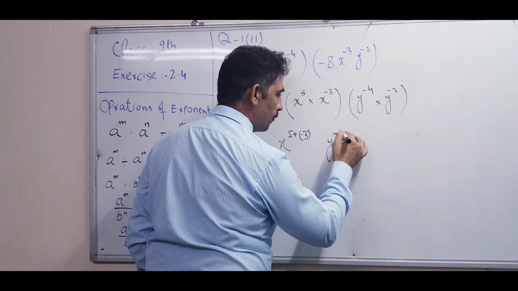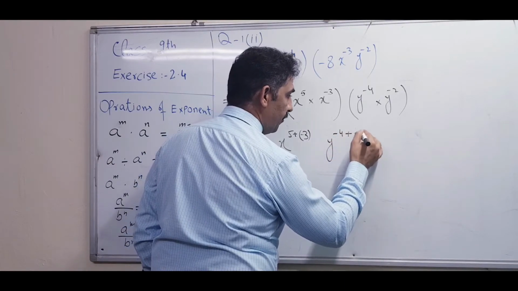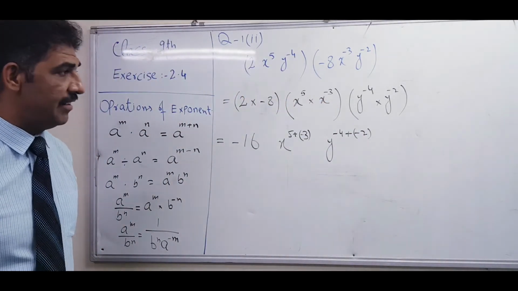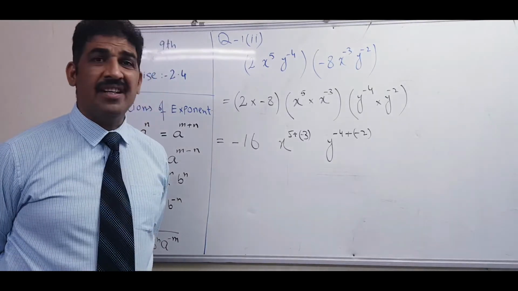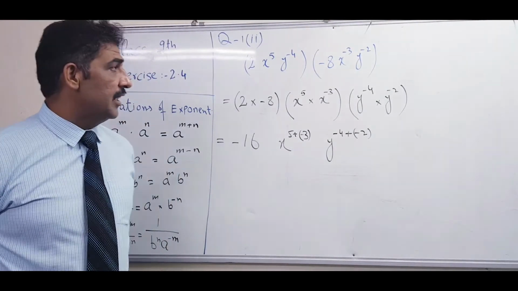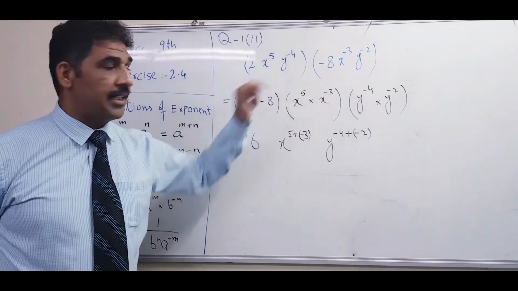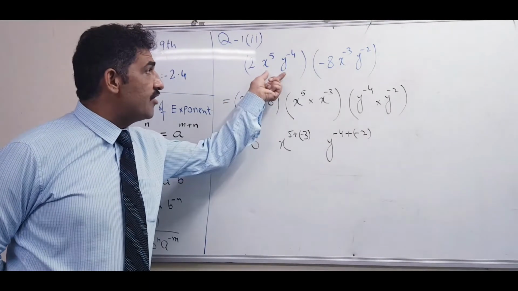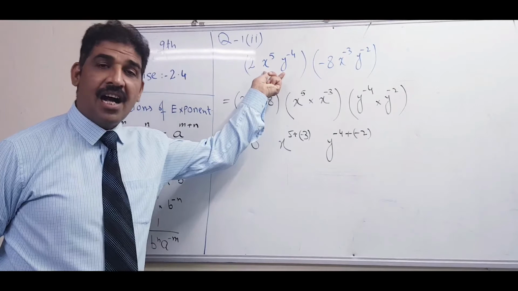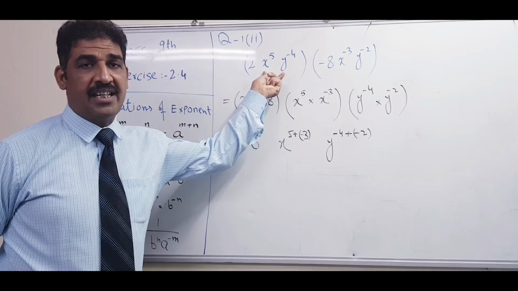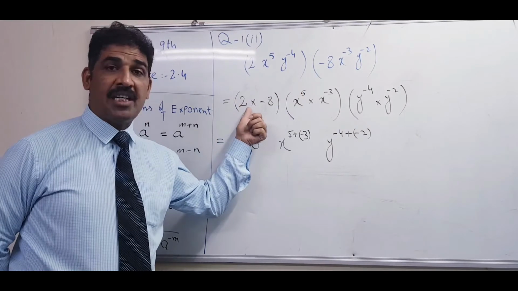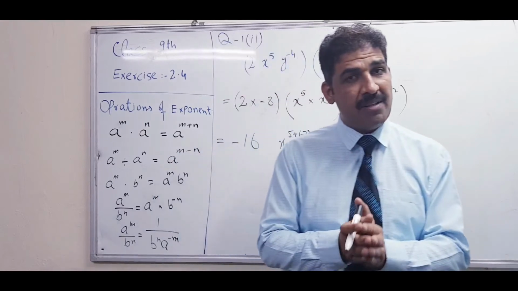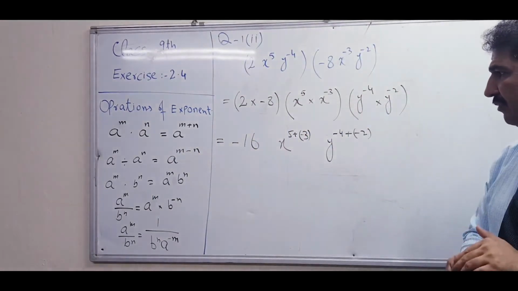For y, plus is the formula and minus is the exponent, because I told you, you have to write the variable once and add their exponents. For multiplication, one thing I want to tell you: if there is a bracket sign, it means multiply. If there is a sign of multiplication in algebra, it means multiply. If there is no sign between two variables, it also means multiply. Is that clear? Bracket, sign of multiplication, or no sign between two variables means that both are multiplying each other. Now we have to simplify.